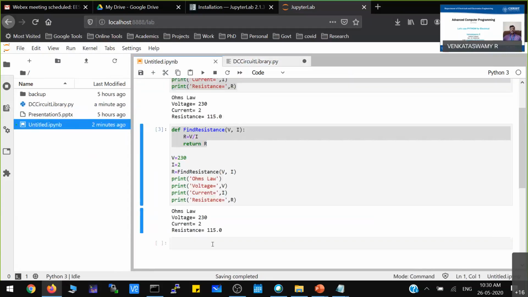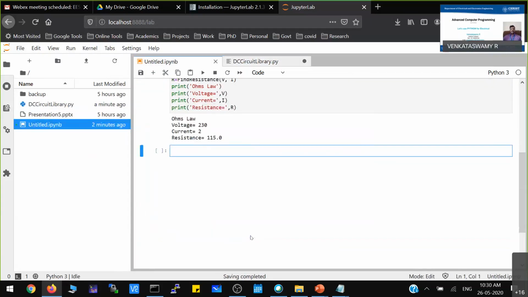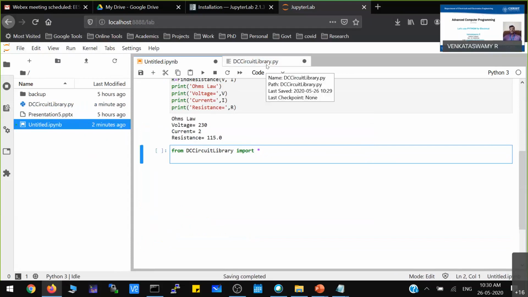Then, in the third program, there is one command called from. From DC circuit library import star. This means from that DC circuit library .py file, which is present in that directory, you import all the functions.